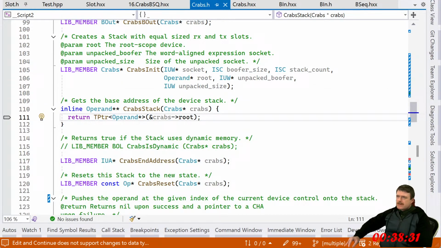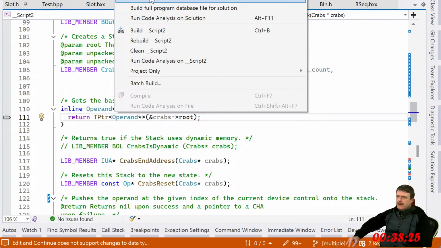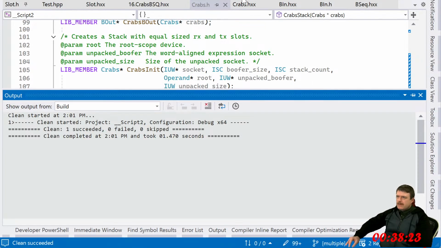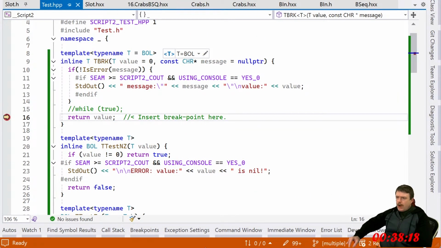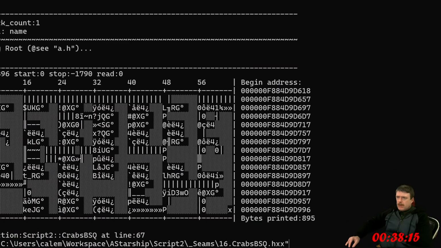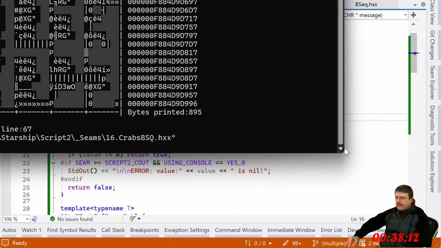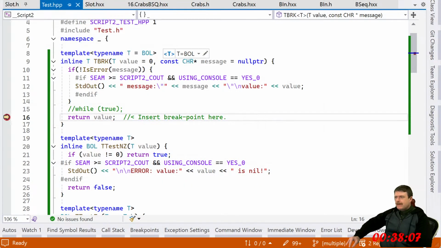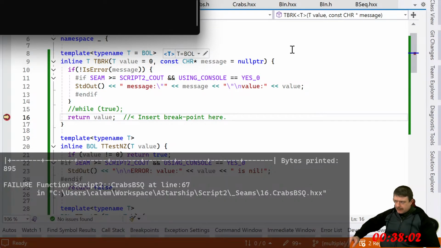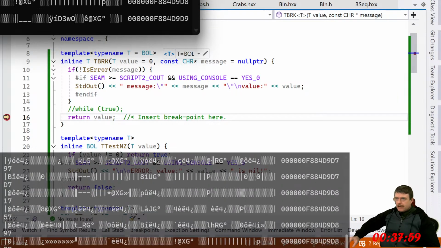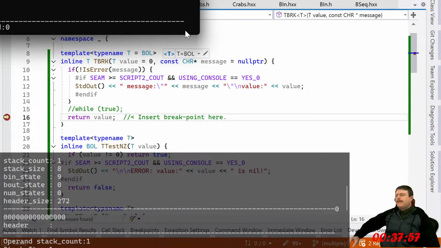Why does it do this? I clean. Whoa! What the hell is this? What? Damn, it's actually doing something? Shit, son.